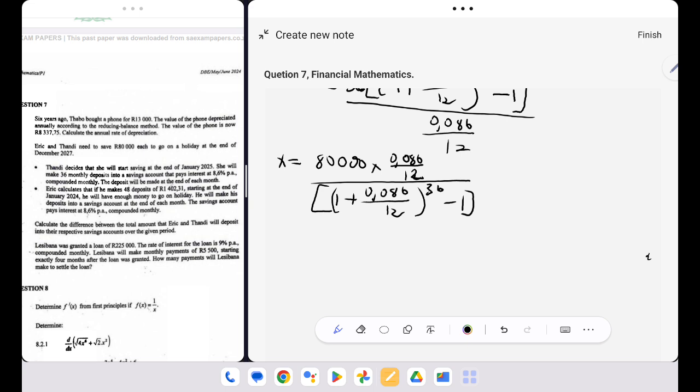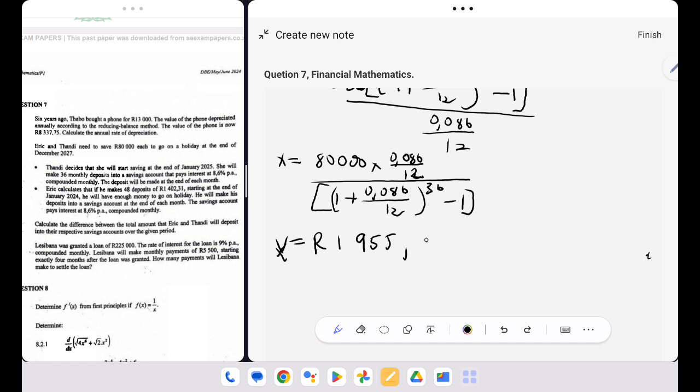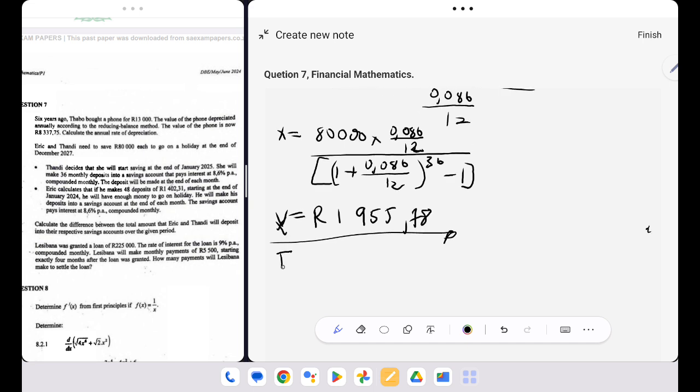So I find out that Tandy will be paying 1,955.78 every month. So the total that Tandy will pay, Tandy's total